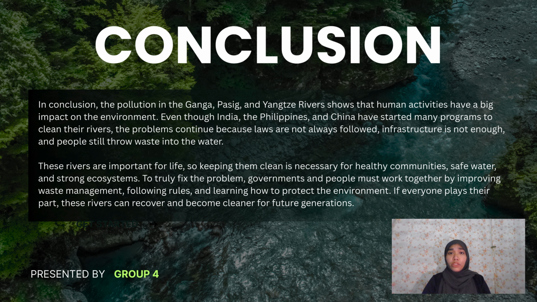These rivers are important for life, so keeping them clean is necessary for healthy communities, safe water, and strong ecosystems. To truly fix the problem, governments and people must work together by improving waste management, following rules, and learning how to protect the environment. If everyone plays their part, these rivers can recover and become cleaner for the